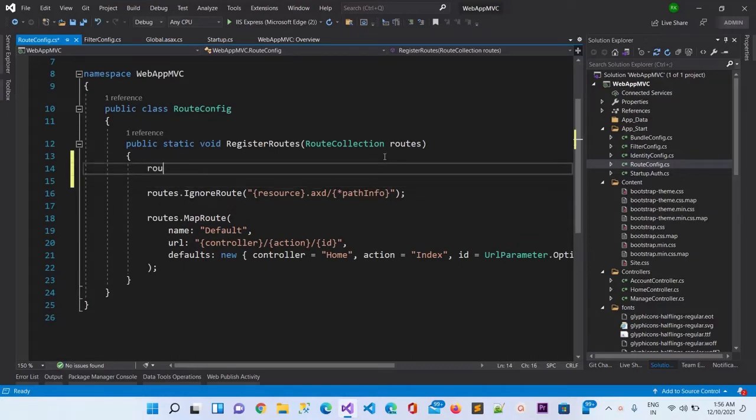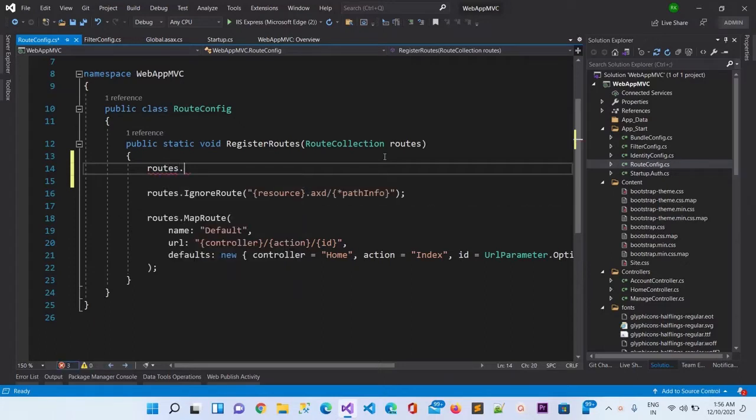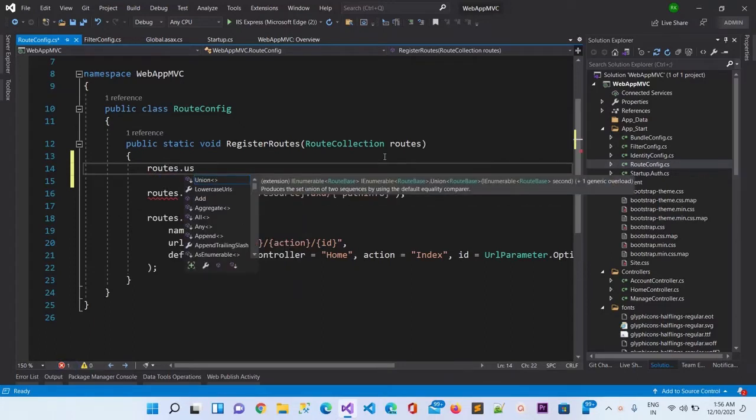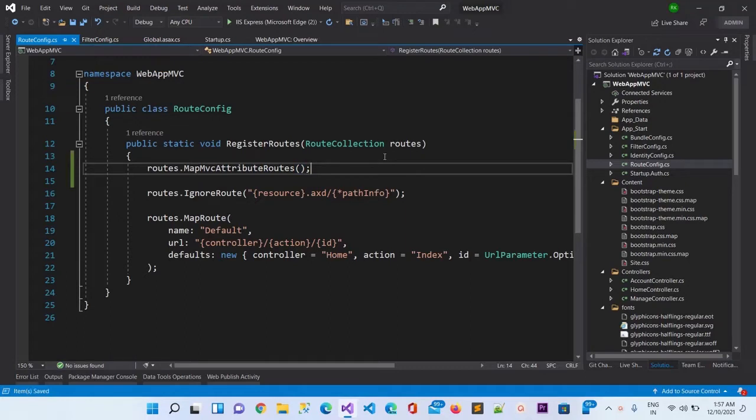You just need to enter routes.MapMvcAttributeRoutes, and that's it. Now it will allow you to do attribute routing, but we will discuss it later. So let me just comment it out.